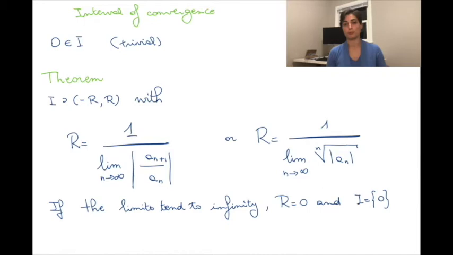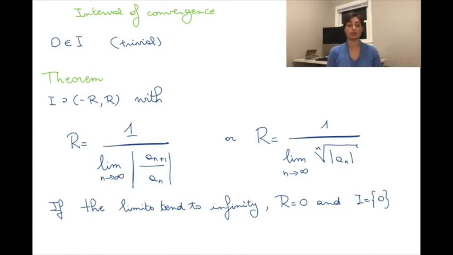Then we can compute how big the interval of convergence is by finding the radius of convergence. So the interval of convergence goes from minus radius to plus radius. It might incorporate the bounds or not. That is a topic that we're not going to be seeing in this video. But whatever happens at the bound, within minus r to r, your sequence is convergent if r is defined by